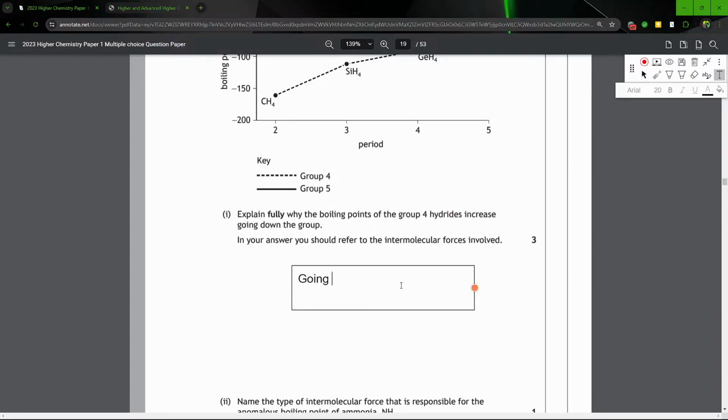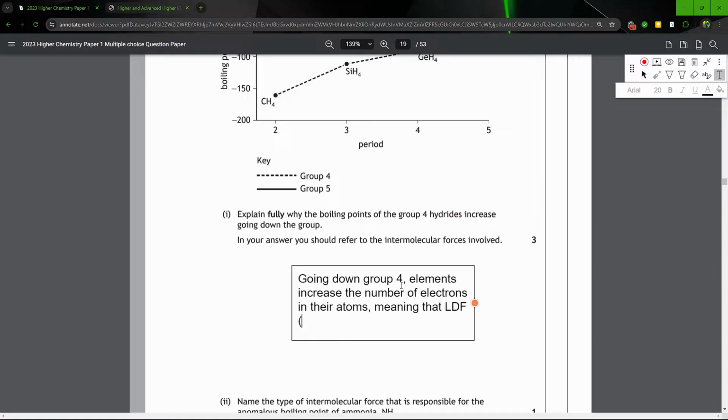Going down group 4, elements increase the number of electrons in their atoms, meaning that LDF, I'll put brackets in the dispersion forces because it's probably best to do that rather than just saying the acronym, stronger